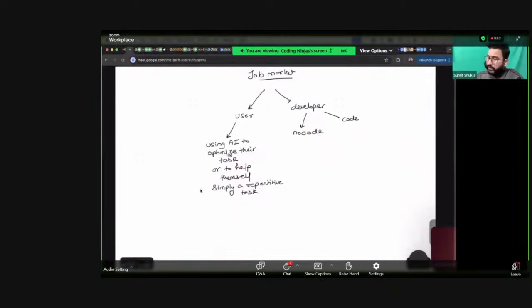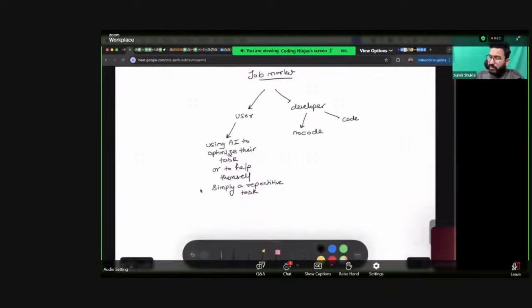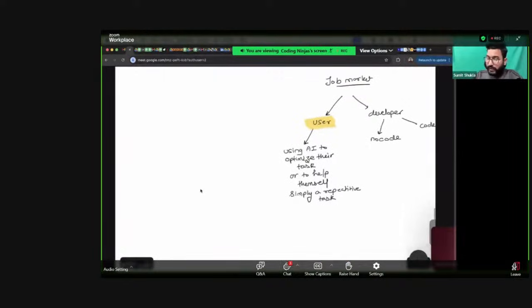But remember one thing, industry is not hiring for the users. Users of AI is not a skill. Being a user of AI, you are not gaining any kind of skill. Being a user of AI is the necessity of the hour. So I hope you guys will acknowledge that if I go back in 2015 or even before that, 2010,